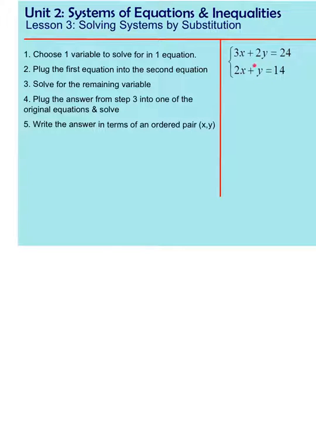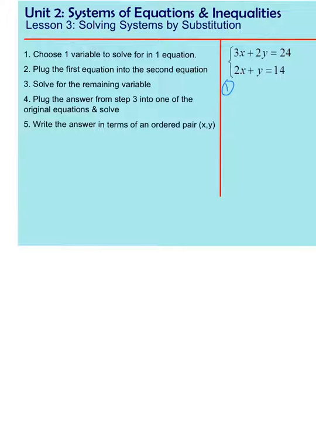But because this has a coefficient of 1, your first job is to choose one variable to solve for in one equation. So sometimes you have more than one choice because maybe this has a coefficient of 1 and this does. So then you could choose to solve this equation for the x if it had a coefficient of 1, and this equation for y. But since this is the only variable term that has a coefficient of 1, I'm going to solve the second equation for the y. So our first step,